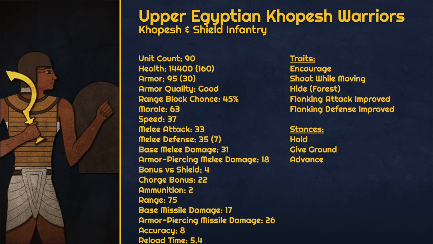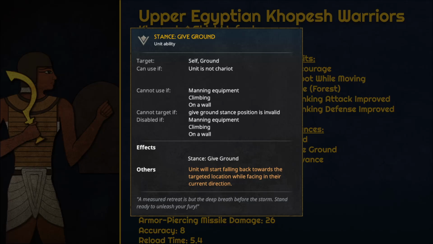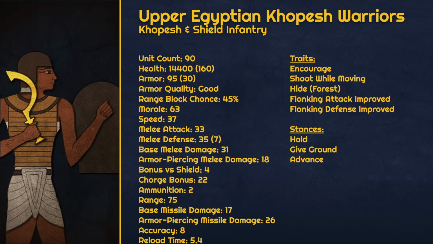Then have your other infantry counterflank this blob of enemy units that's formed around your Khopesh warriors, and then wipe them out. Or you can use give ground and kind of suck the enemy unit into an alcove where your other units can then swarm in and create new flanking angles. So that's pretty much the idea behind these unit stances and units of this type, and this is especially good in choke point maps or narrow streets inside settlements, and there's going to be a lot of variability and application